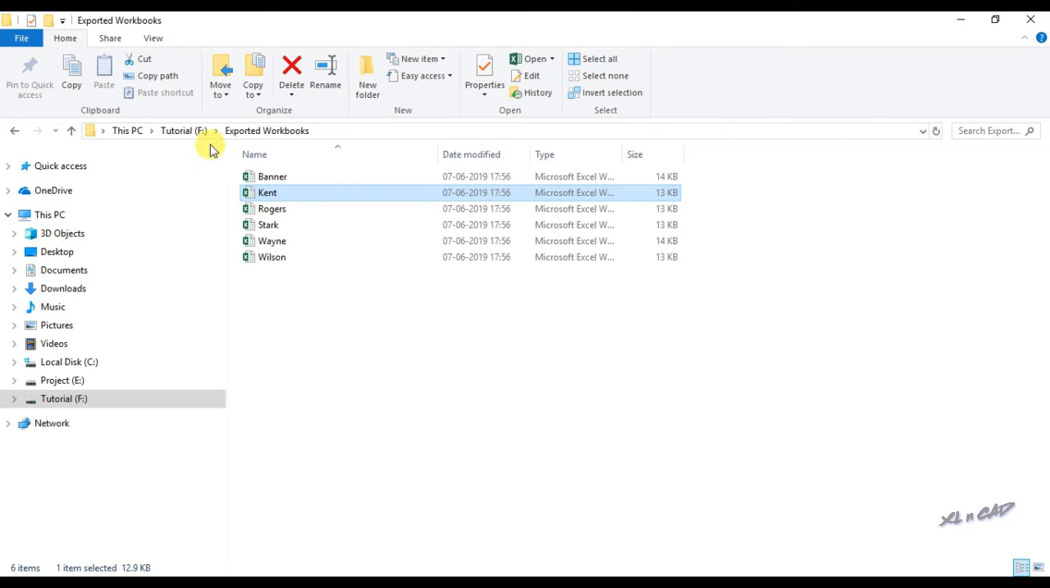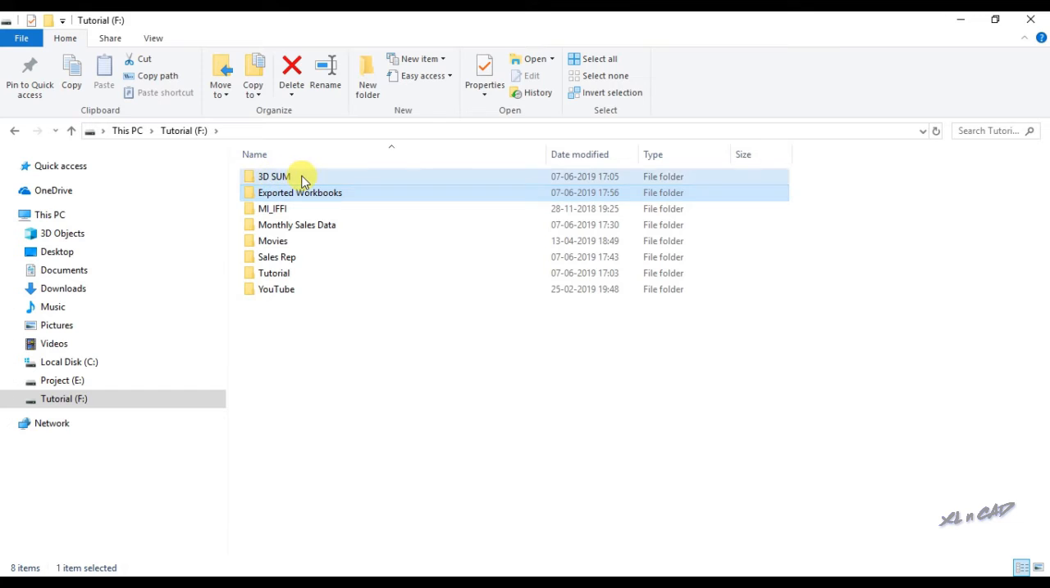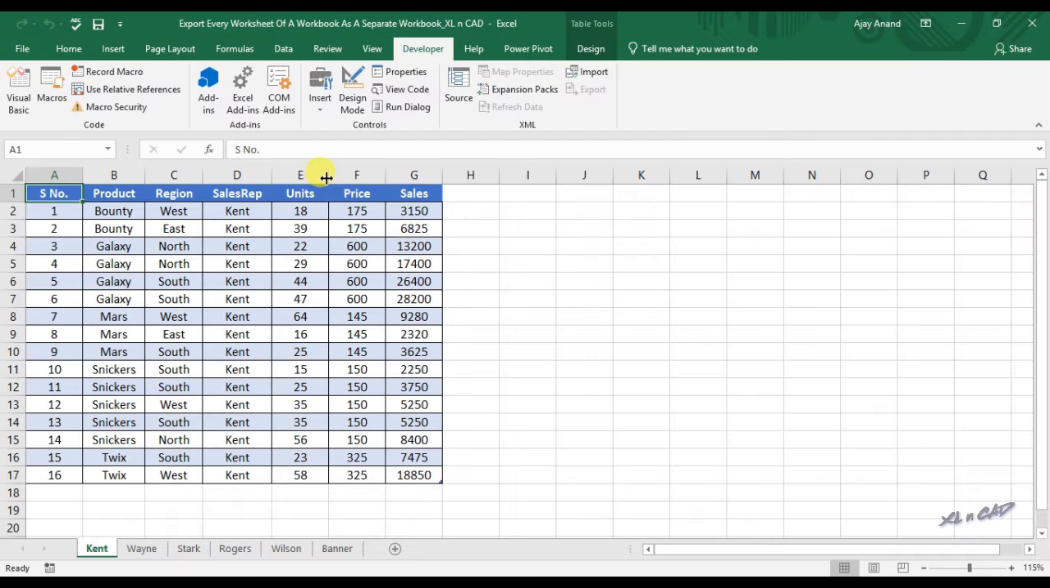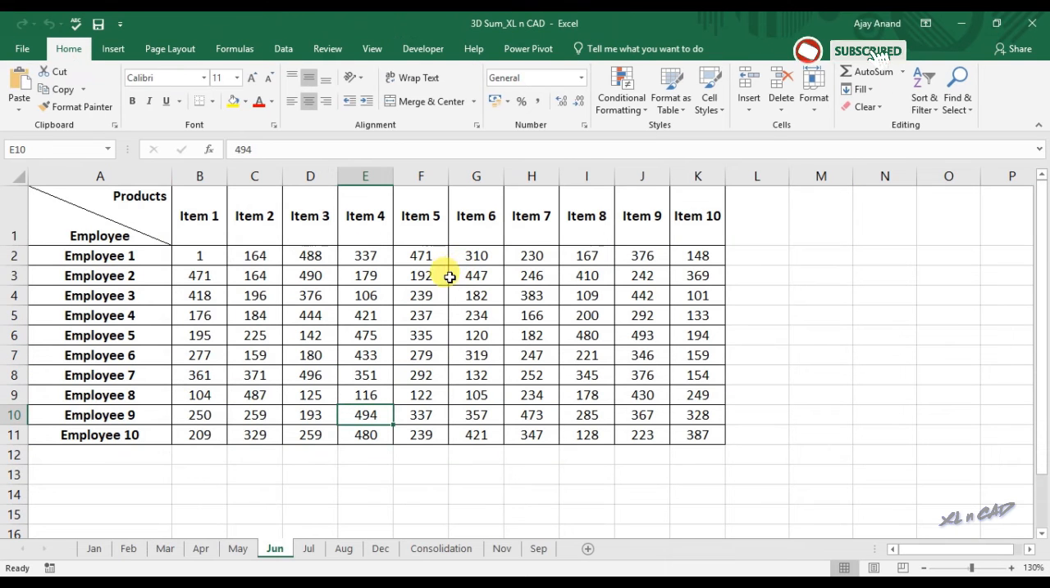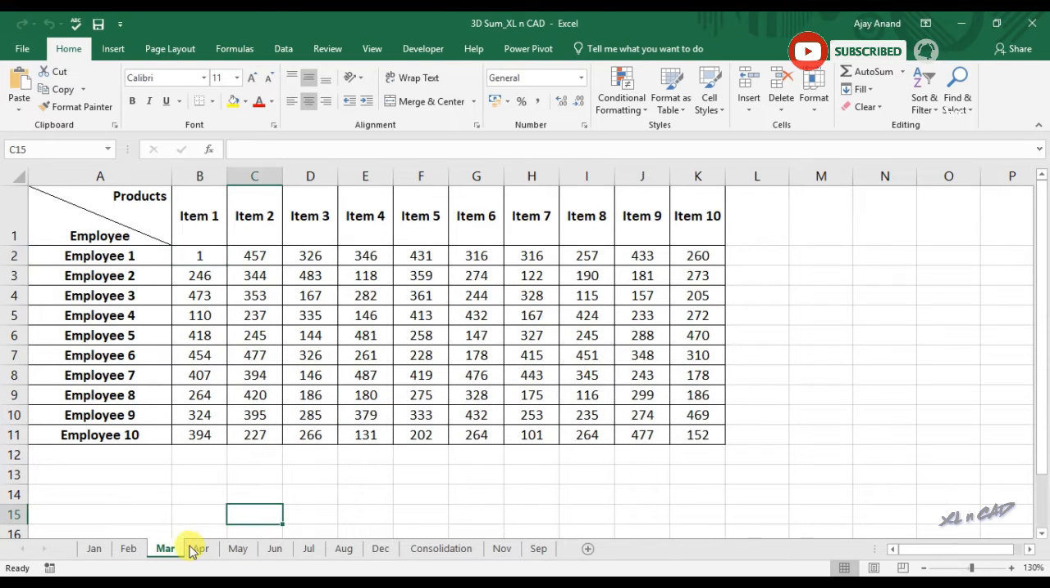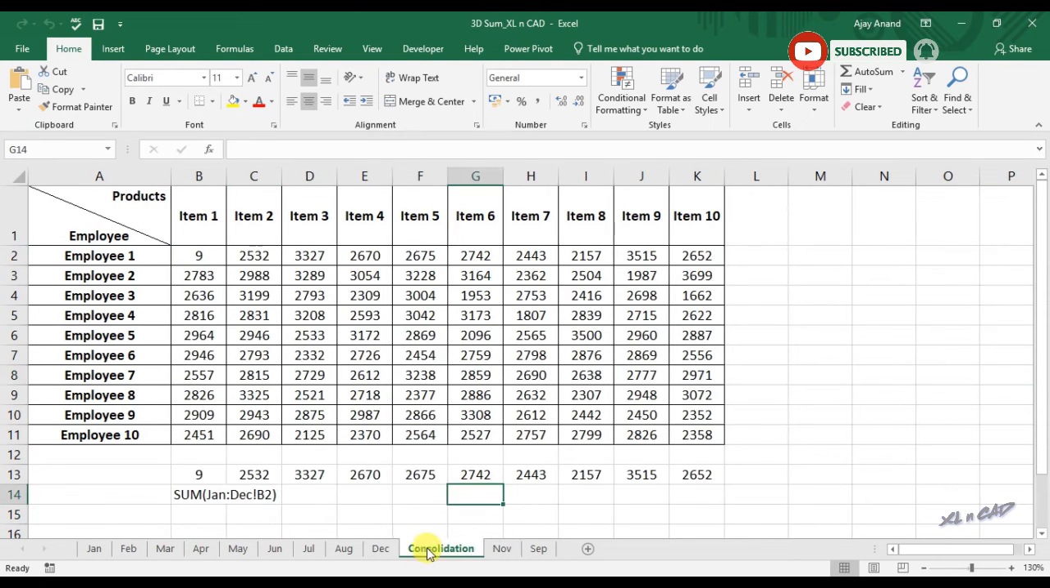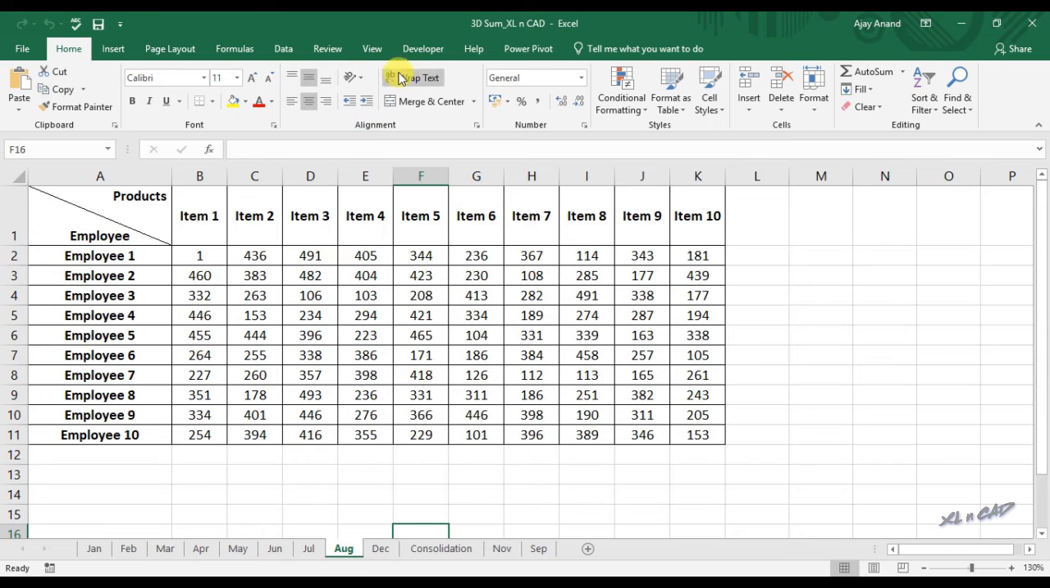Once again with a different set of worksheets. This is the same workbook which I used in the video on 3D sum. And in this workbook we have 12 different sheets. To export all these sheets as separate workbooks,